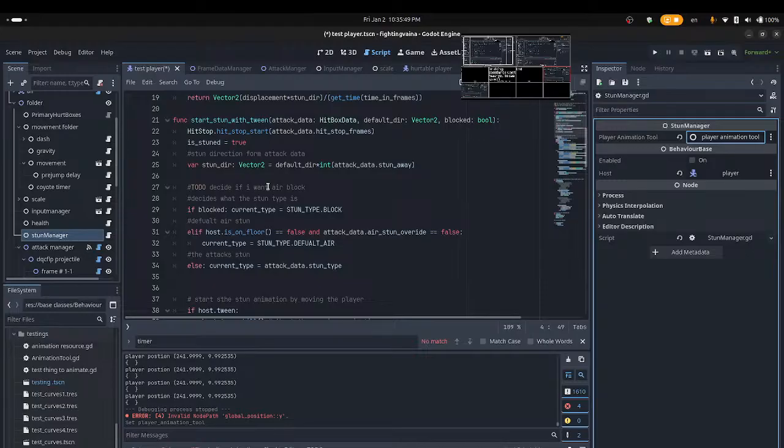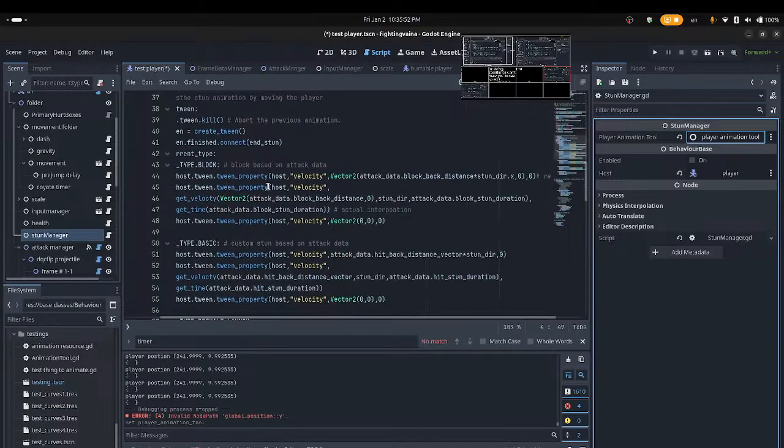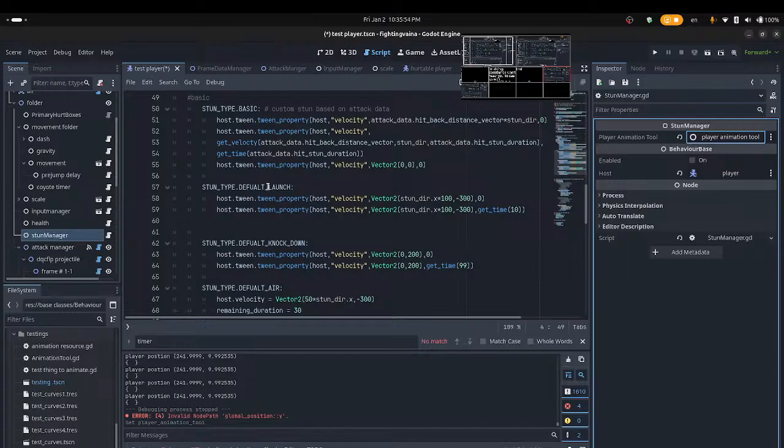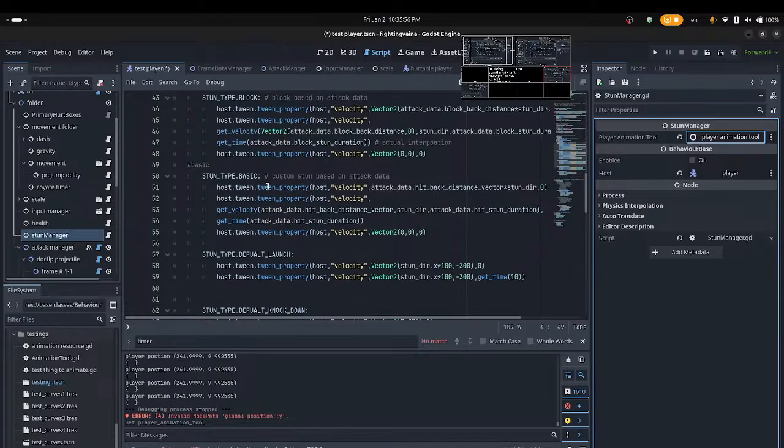This can be redone if host clean, yada, yada, yada. Either,